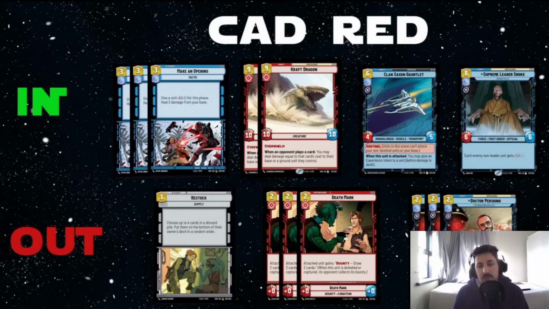But I have so many answers, even with the McClunky Bazine. I have so many answers to TIE Phantoms. That's not really a reliable plan anyway. I'm saying 3 Snokes, 3 Make an Opening, 3 Perilous Position, the Entrench as well, and the Clan Saxon Gauntlet. I just have so many answers. So